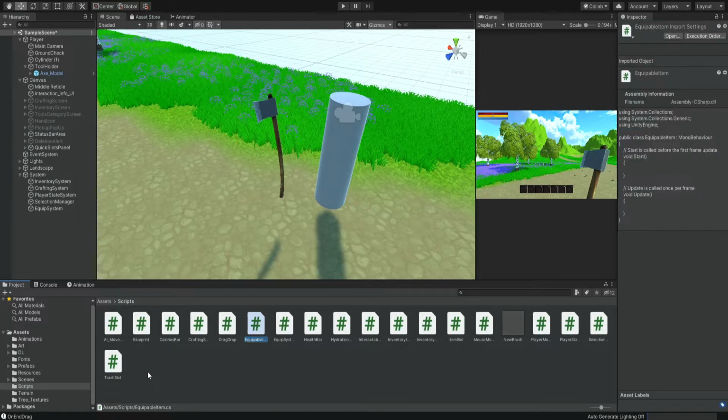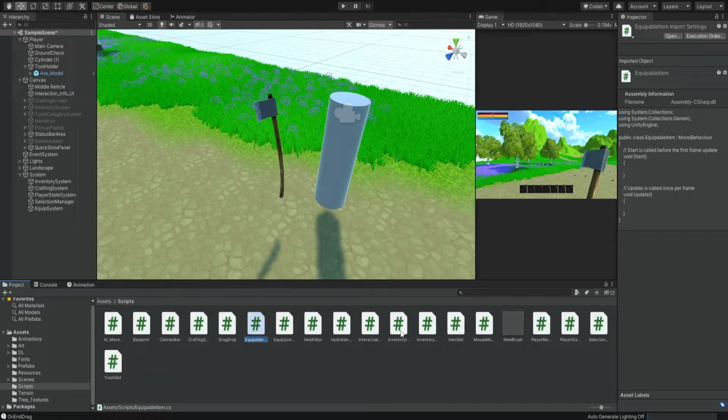So this script will sit on every model that we have, okay? We could create a script for every model, for example, an axe script and then a pickaxe script, and then every tool could have its own script, but that's not efficient coding because later if we wanted to do some small change, we had to go back into all of these scripts and change them all, right? So we want to be abstract, and abstract means that we don't want to be specific. We don't want to create scripts for specific things unless we have to, okay?